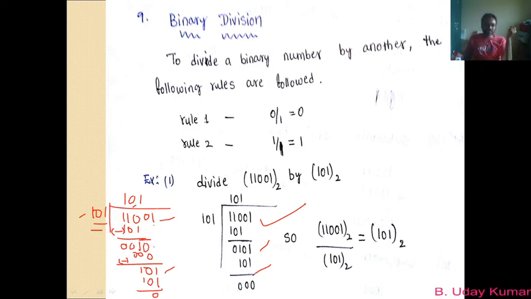Since it is a smaller number, that means I can keep a 0 here and bring the next digit that you are dividing to this position. So that technique I have used, the direct step, and if you don't want to follow the direct step, you can do it step by step also. So this is how we divide one binary number with the other.